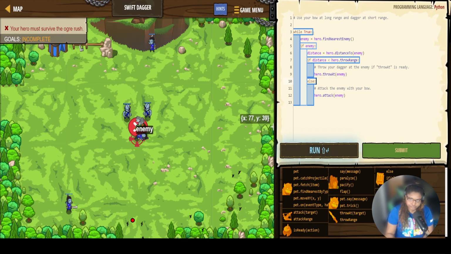So while true, we're going to find the enemy. If the enemy is close enough to us to throw at them, then we will throw our dagger at them. Otherwise,